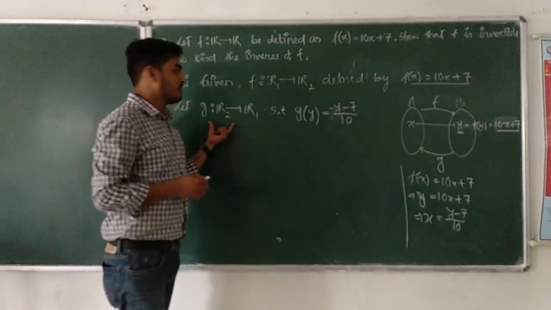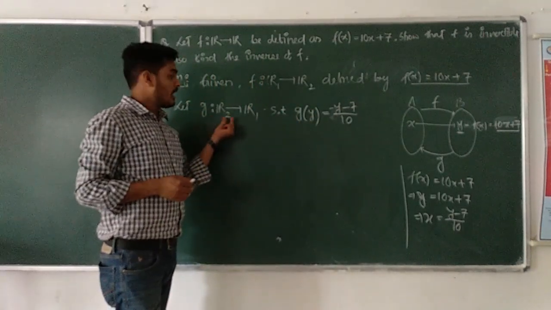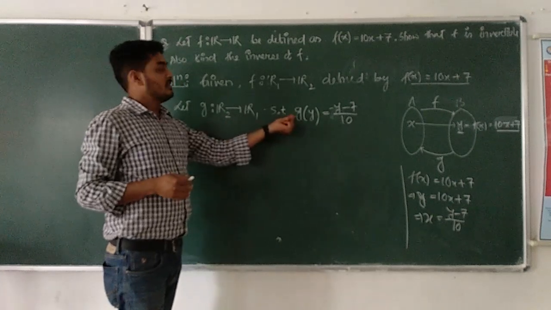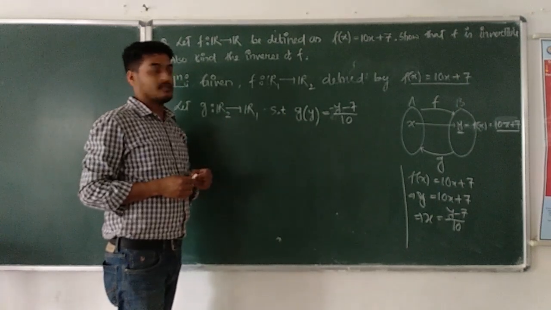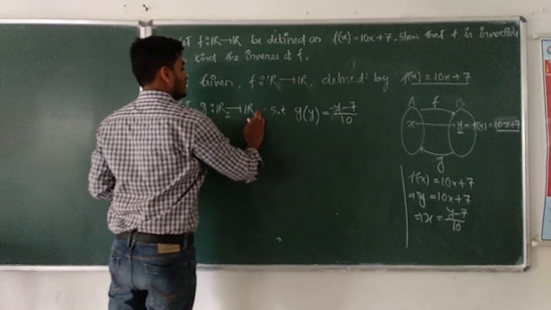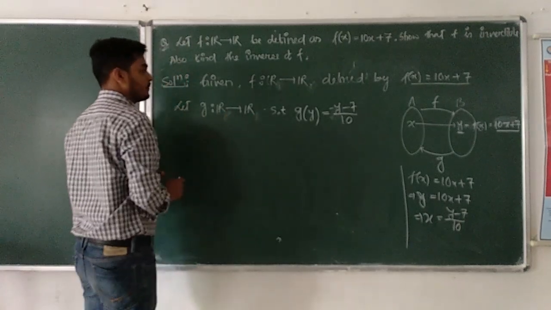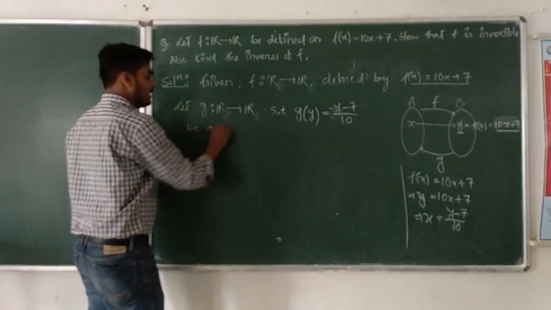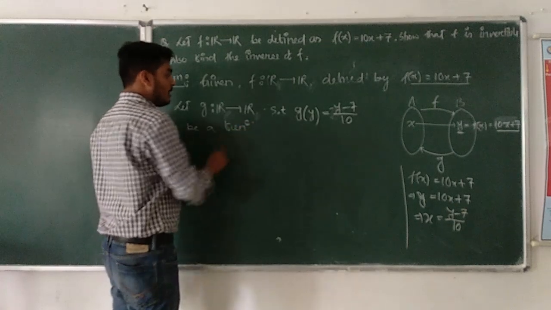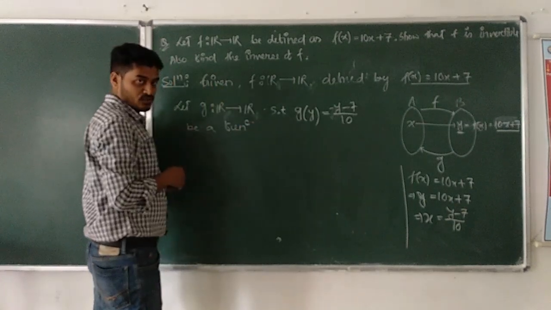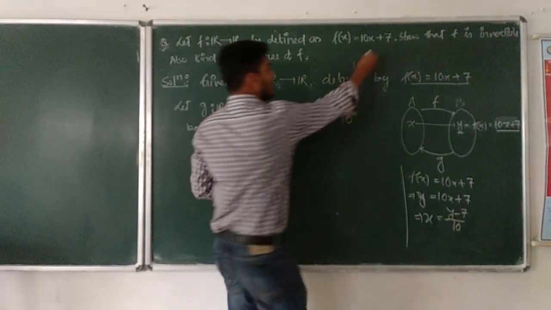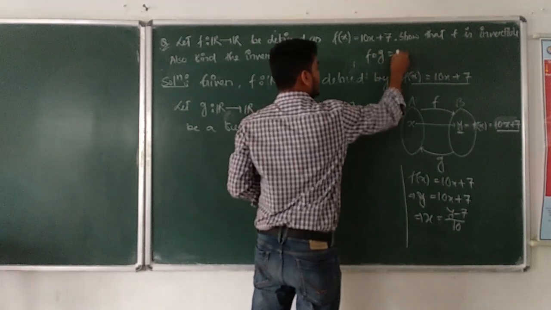Let us consider a function z from R2 to R1 such that z of y is equal to (y minus 7) by 10. So no need to consider this one. Now we are going to find out the composite of these two. It is known to you whenever the composition of these two is an identity,